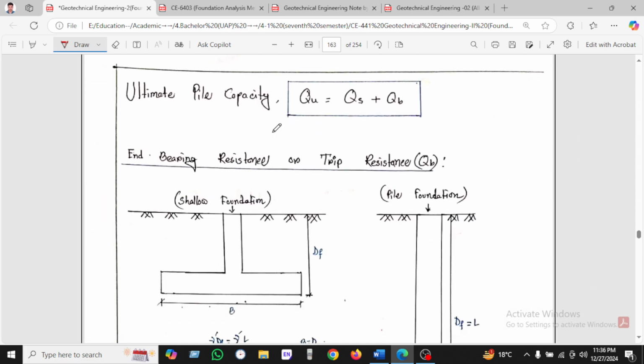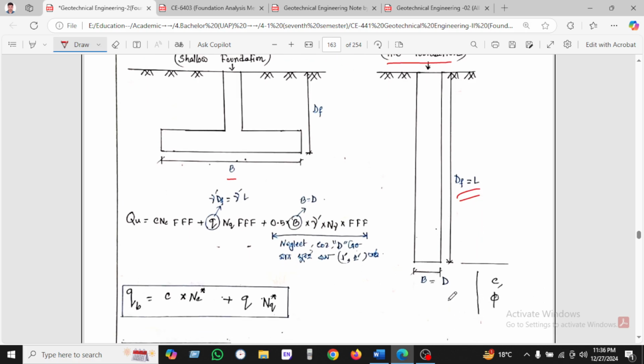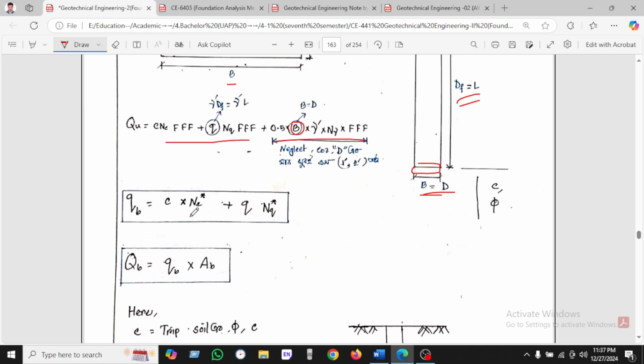Here the ultimate bearing capacity is skin resistance plus end bearing resistance, or tip bearing resistance. Here is the shallow foundation, and here is the pile foundation. We can see Df, the depth of footing, is L, and B equals D as the smaller dimension, and C and phi. So we know the equation of Meyerhof. We will use B equal to this, then that part will be neglected, because the value of the diameter of the pile is very small. That's why I will avoid this term, and we will take the remaining equation, which will be C into